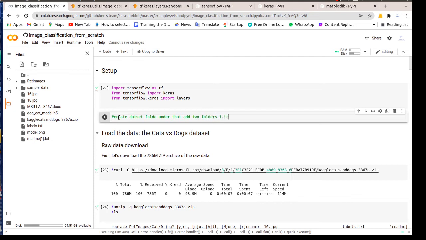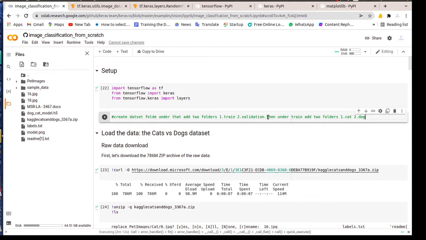One is train, another one is validation or test folder. Two folders. Under train add two folders. One is cat and one is dog. Same do for the validation.